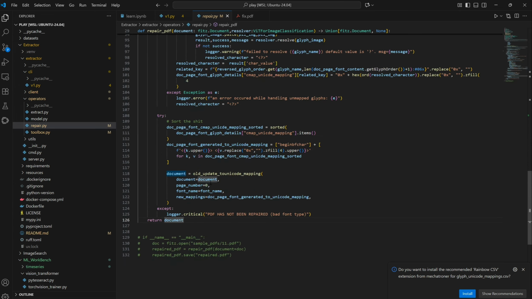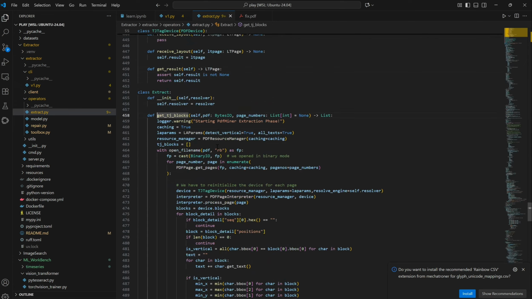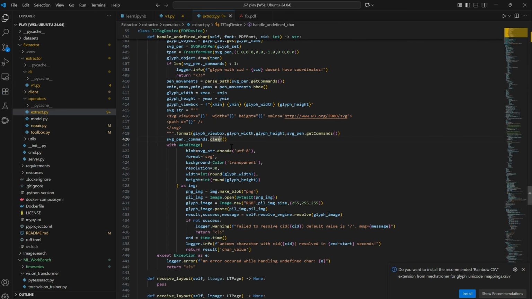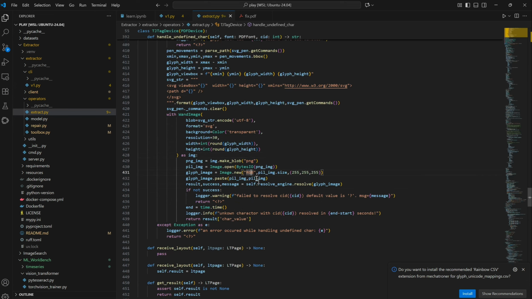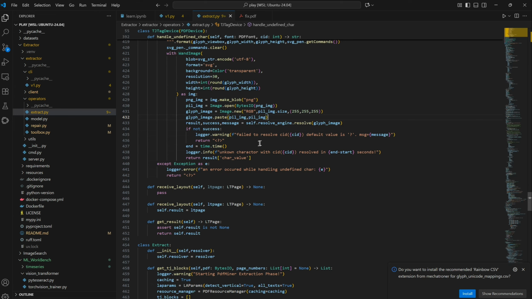After you repair it, you return the same document here, and after that I am passing it into my PDF Miner, which I have just showed you. This is my PDF Miner, the device I have just showed you. This is the method I have replaced to use my ViT model to draw each of these glyphs and map it into the corresponding character that it's predicting, based on, of course, the model's own knowledge. And if you zoom in on the steps,